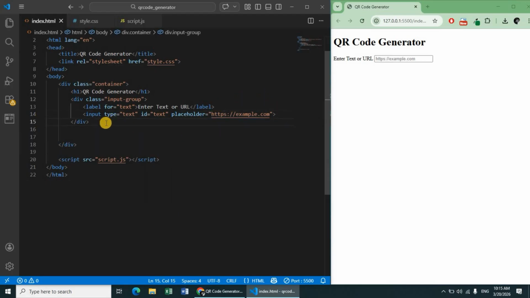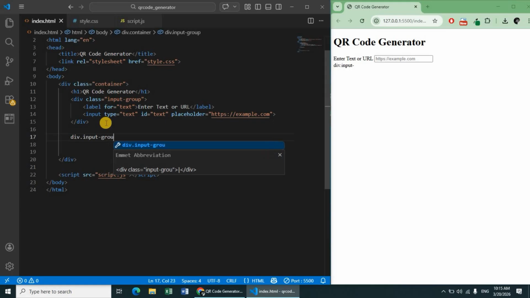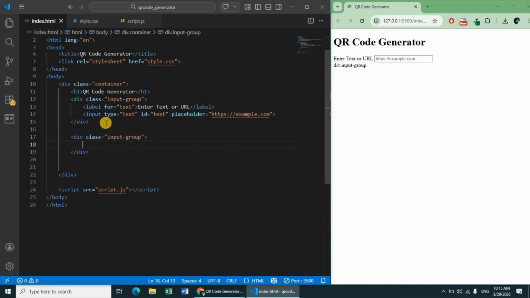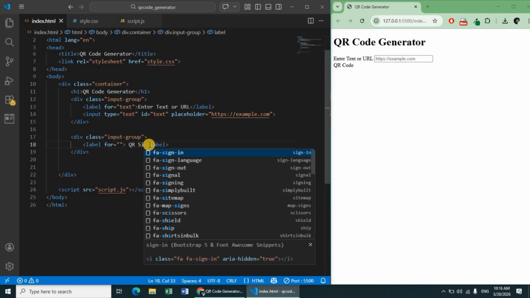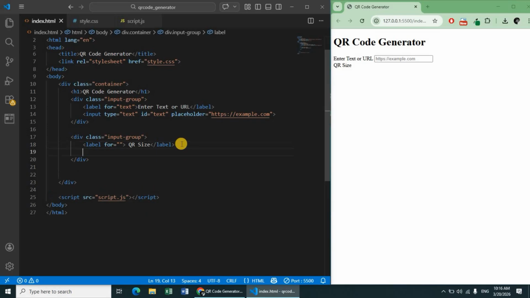So right below the div input, we're going to create another div input class. So we're going to call it input group as well. And in this particular input group, we're gonna do a label, and this label is gonna be for our QR code. So we're just gonna write here QR code. So let me just remove that. So below the QR code, we're gonna have different sizes. What we're gonna do, let's just change this to QR size,